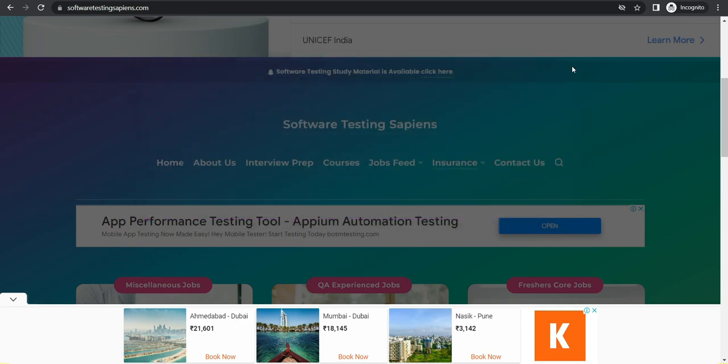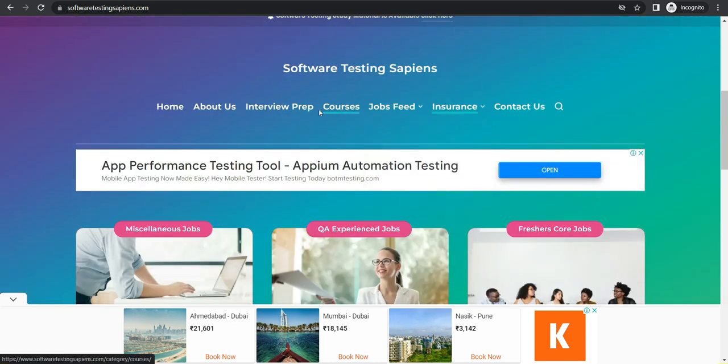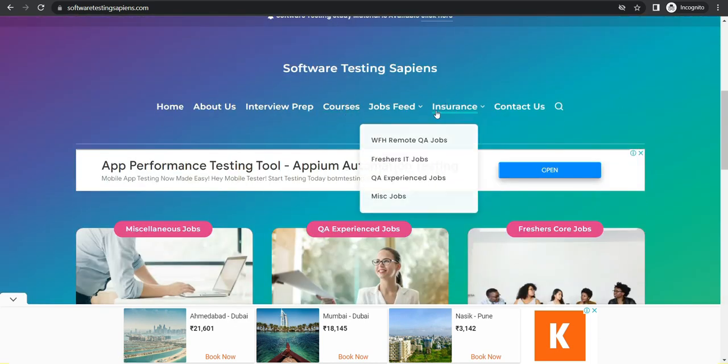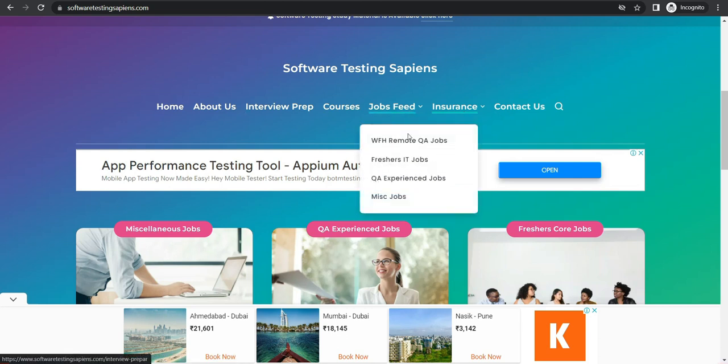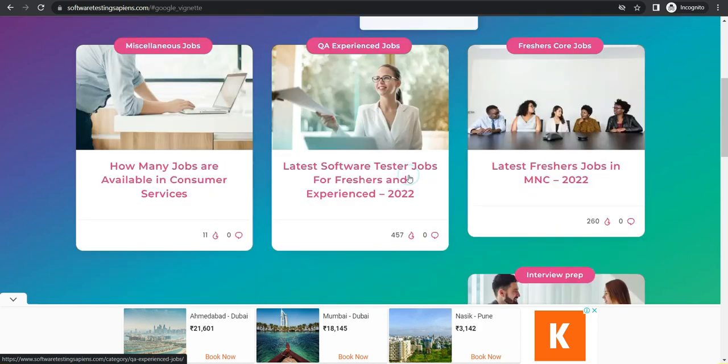Okay, so in this menu option you can see interview preparation, courses, job field, insurance and contacts. So these are the options that are there. In job field you have to select QA experienced jobs. Just click on it,